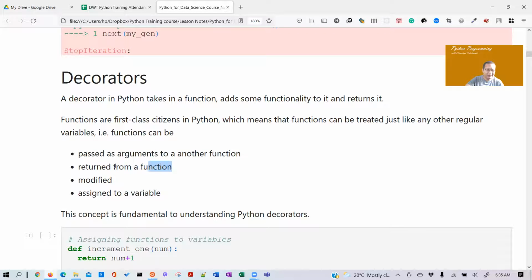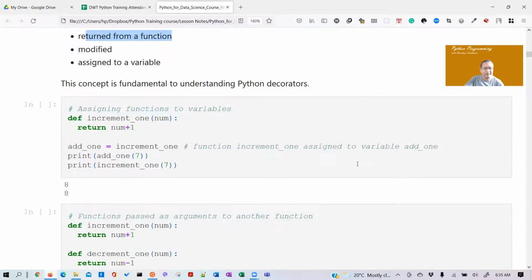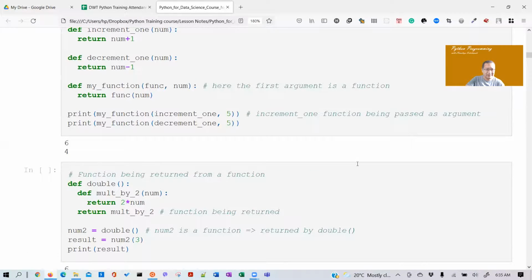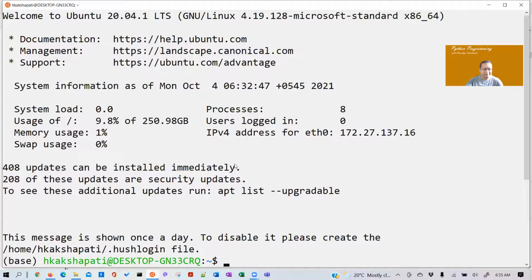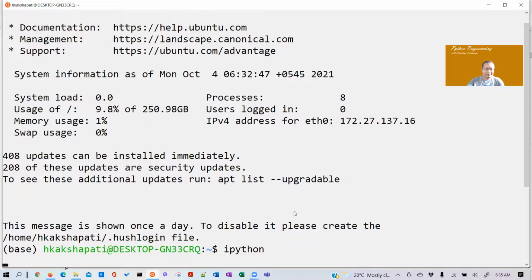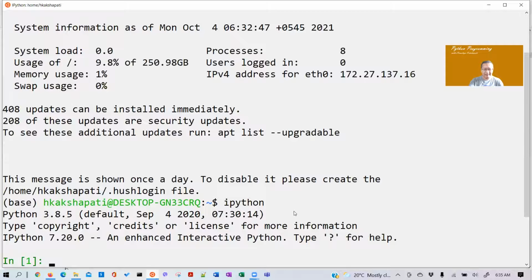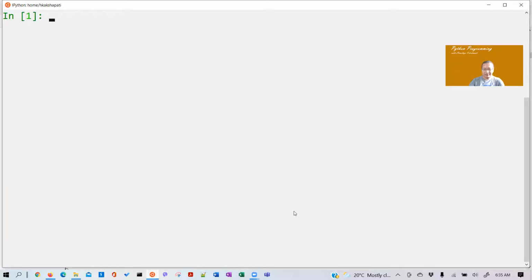Let's look at this one: how a function can be returned from a function. Let's look at this example. What I'll do is recreate this example right here. So for example, if I have a function,